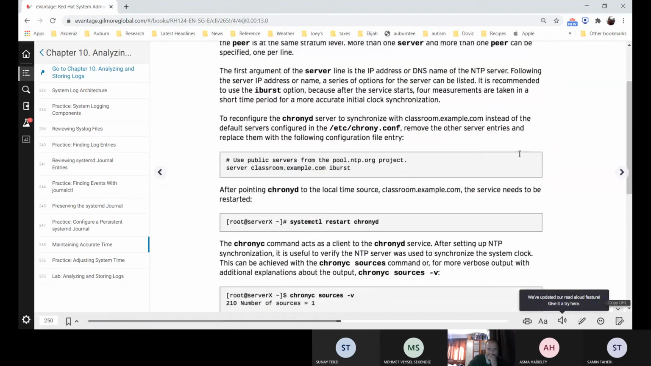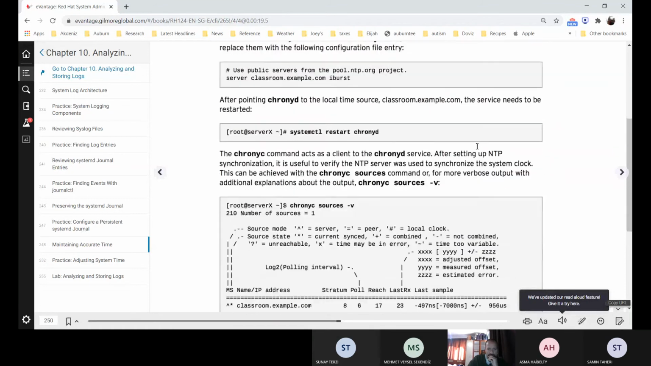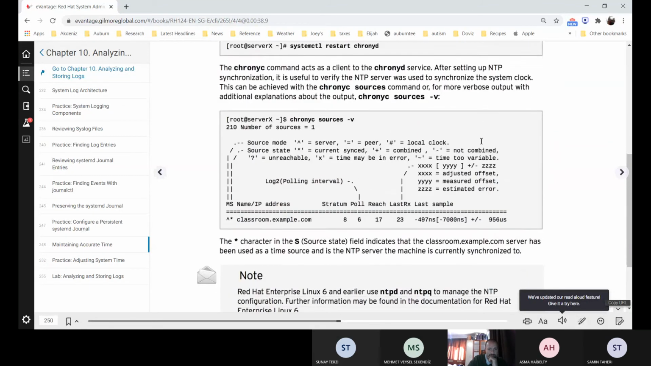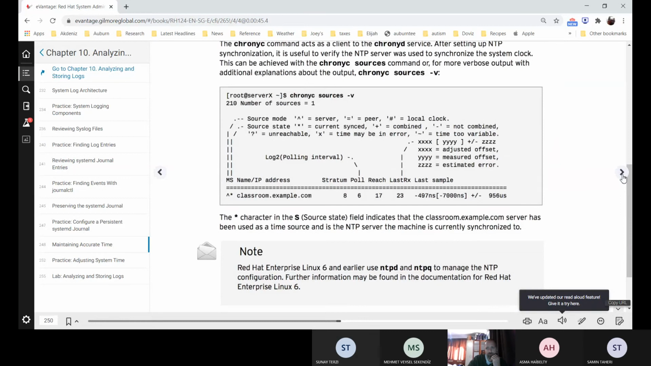Is there anything else I wanted to say? I don't think there was much else I wanted you to have to know from here. So chronyd keeps the system clock,